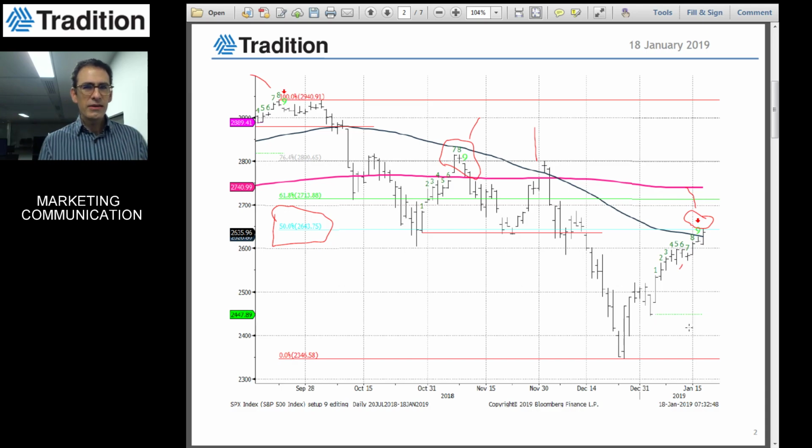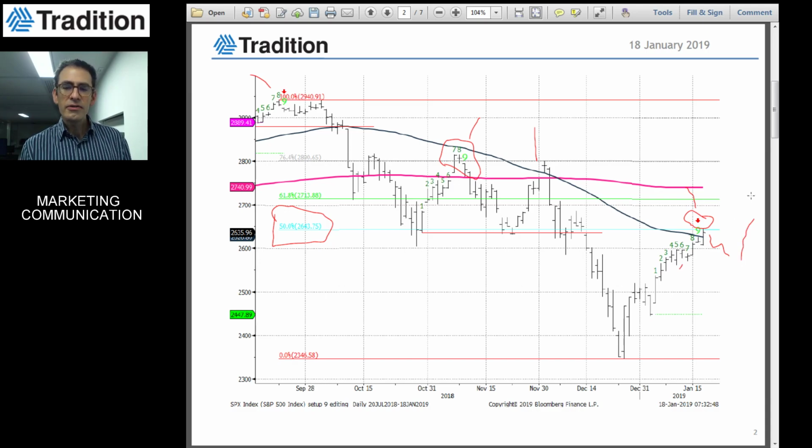I have 3 technical elements telling me the market is very good right now, but it may need to take a breather sooner or later. So the conclusion of this chart is that it's possible a pullback starts as soon as next week. This is what I would like to see, and probably most people would like to see this pullback. But I wouldn't expect a major decline from here. What I would like to see is the index taking a breather after a strong recovery and before eventually moving higher.